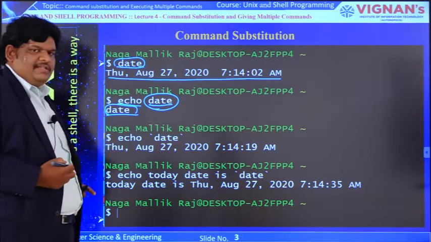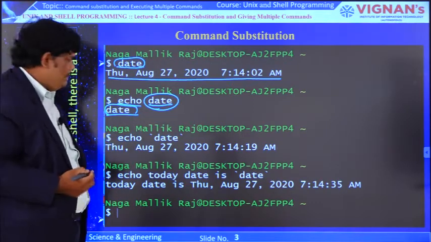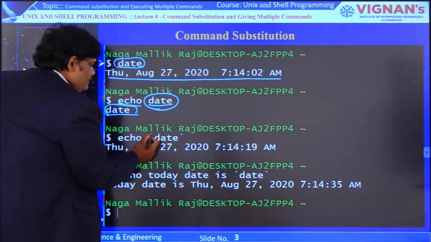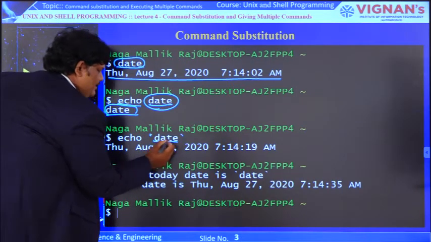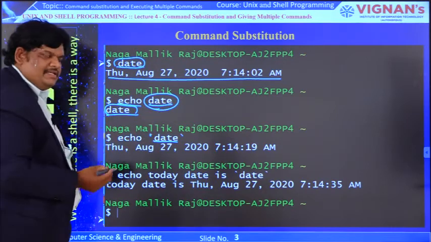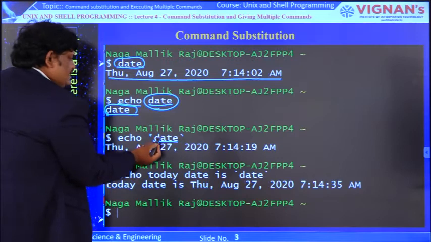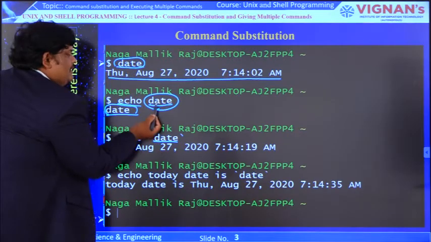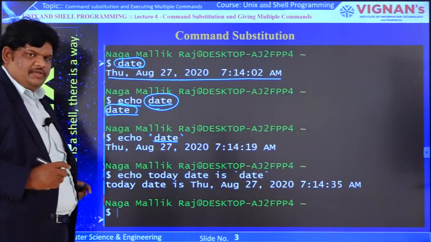Let us consider another example. See here, again I am writing echo, space, and within backquotes I am writing date. The difference is that here it is without backquotes, and here it is with backquotes. That means this is the command substitution, and this is a normal string. Now how will the shell execute this?